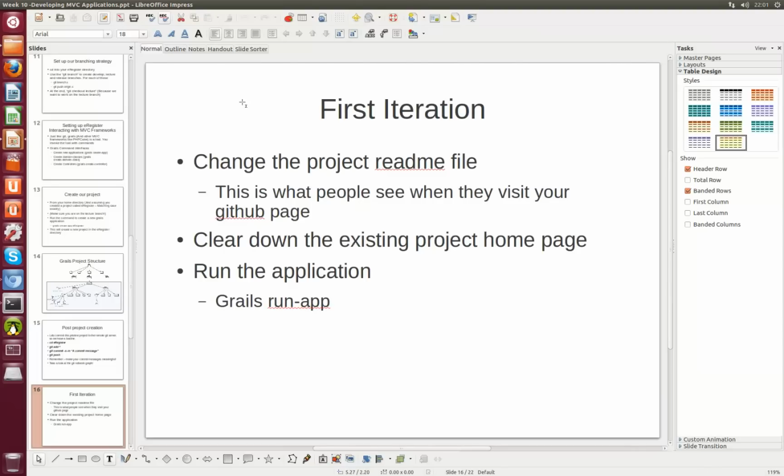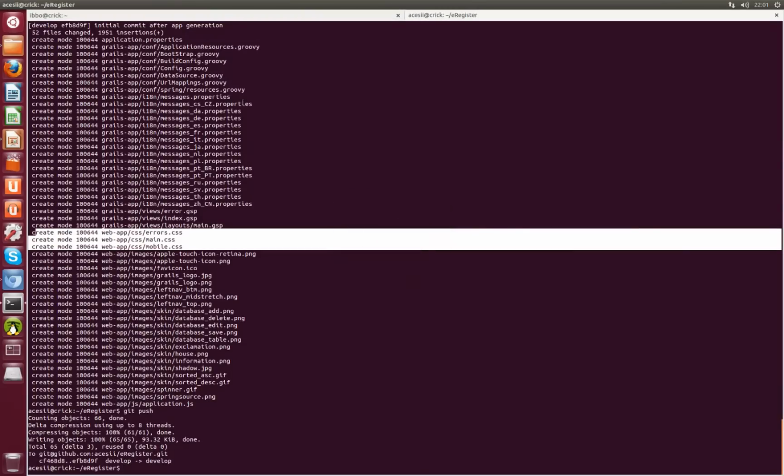This is largely the meat that we're going to do in the lecture. We're not going to do very much beyond this. We're going to do a couple of token changes just to show what can be done. The project README file,